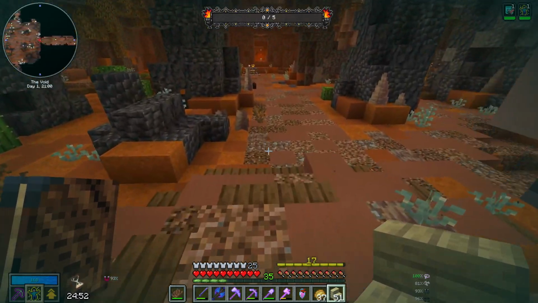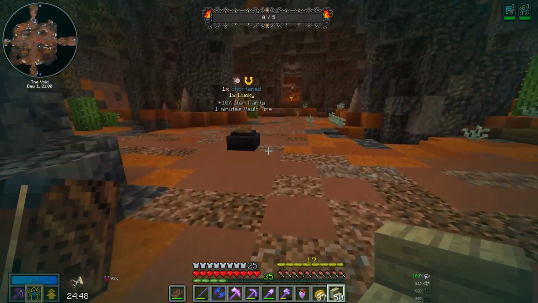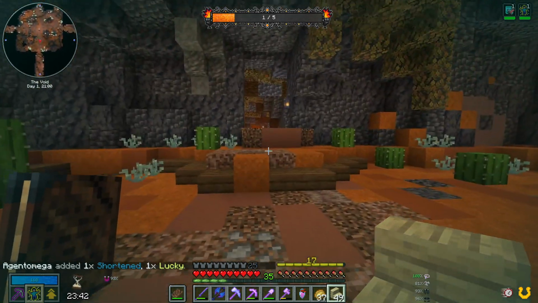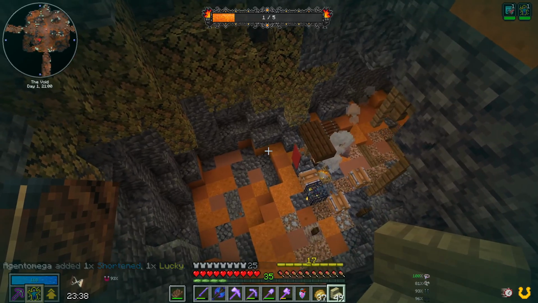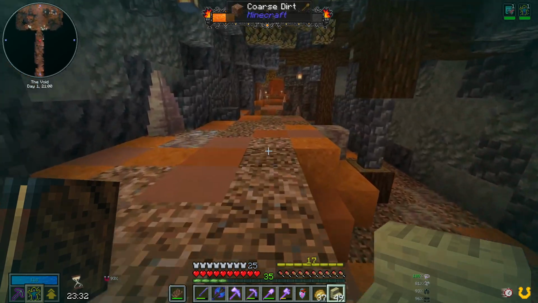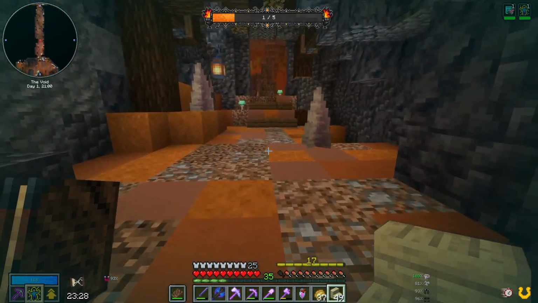Okay, very easy brazier right off the bat. Put this in here. Shortened and lucky. You know what? I will gladly take that. So, I'm not going to spend a whole lot of time unless it appears like obvious that it's a mining room. This is obviously not a mining room because you'd be able to see it straight off the bat. Now, I still don't want to stray too far from the exit, but